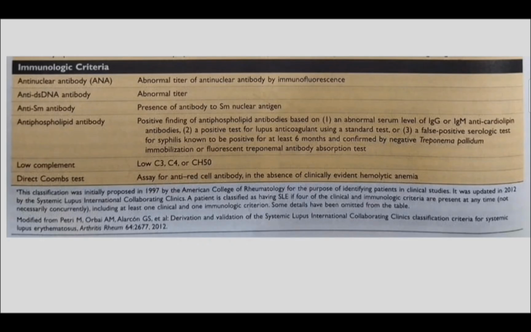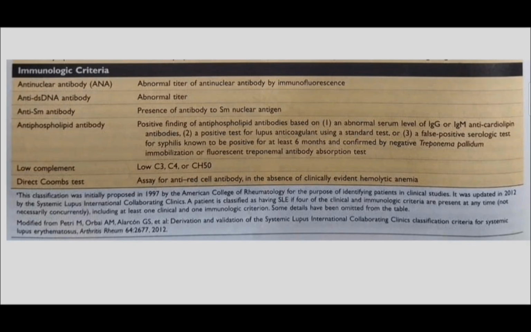Anti-dsDNA antibody. Anti-Smith antibody is the presence of antibody to the Smith nuclear antigen. Antiphospholipid antibody is a positive finding of antiphospholipid antibodies based on abnormal serum level of IgG or IgM anticardiolipin antibodies, positive test for lupus anticoagulant using the standard test, or false positive serologic test for syphilis